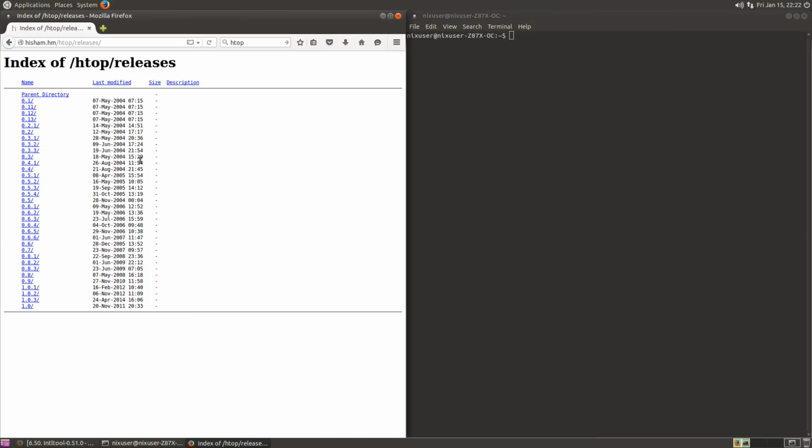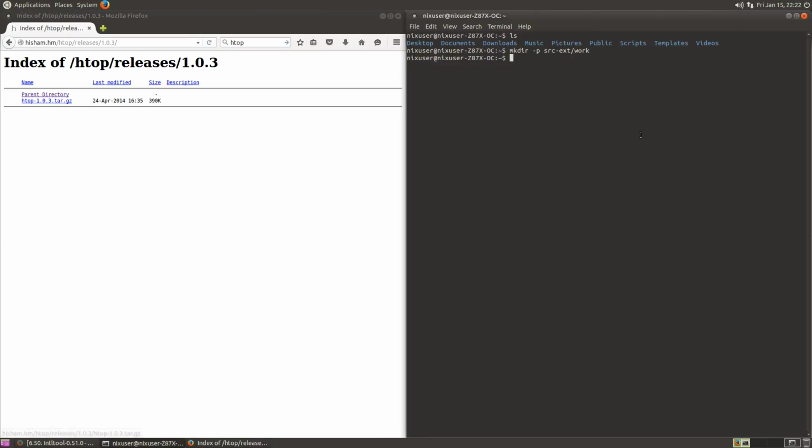So I'm doing here what I would normally do. I'm going to create, in my home directory, a directory called source, or mkdir source, and I'm going to make that with the parents switch, so all of it is recursively made. I'm also going to make a directory called work. That's a nice little switch for you there for mkdir, and we're going to grab this version of htop. So I'm going to cd,